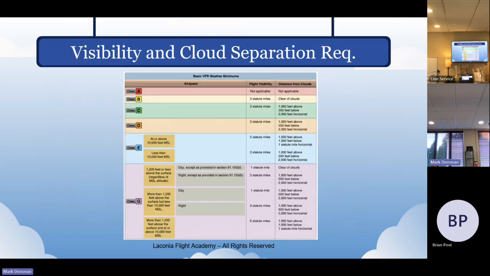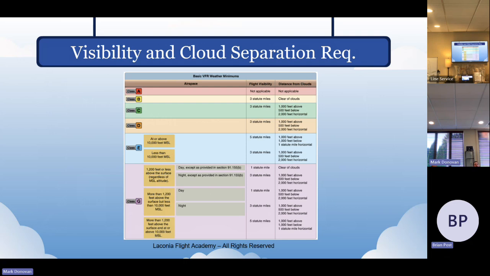And then we have all these separate flight visibility and distance from clouds that we have to care about. Class A, you guys don't have to care about because it's IFR, it's 18,000 feet. Private pilot, you don't have to worry about it. Class Bravo, let's say you were down at Logan, you need to be 3 statute miles visibility and clear of the clouds. Class Charlie and Delta and Echo up to 10,000 feet, you need 3 statute miles, and you need